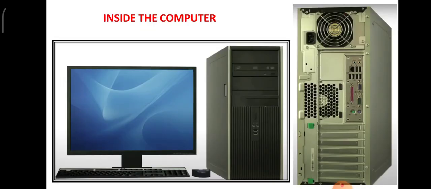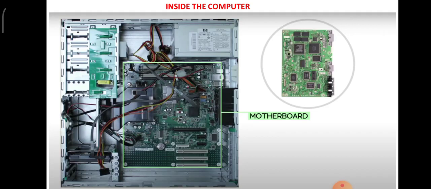Now inside the computer, as you can see, this is the desktop, the front view, and behind that is the slot that is available. How the parts are inbuilt inside this slot, I will show you in the next slide. This is the motherboard. As I have clearly given you, the motherboard is shown on the right hand side. Where it is present inside the computer, I have clearly labeled it. That is for your information. Just go through this. That is the motherboard.